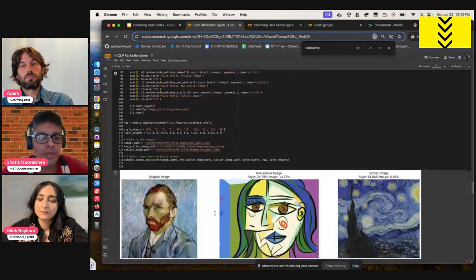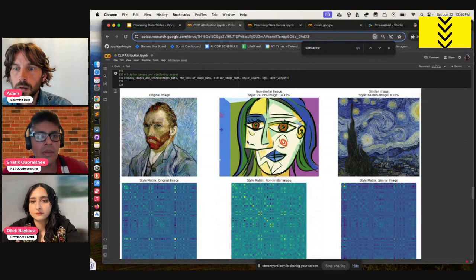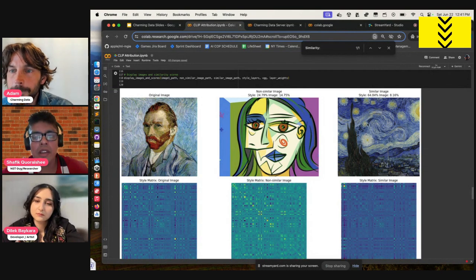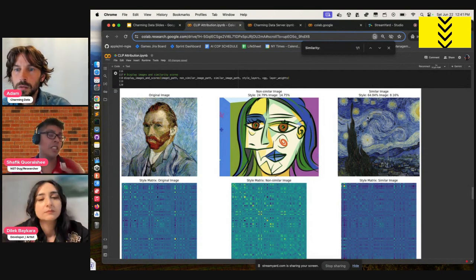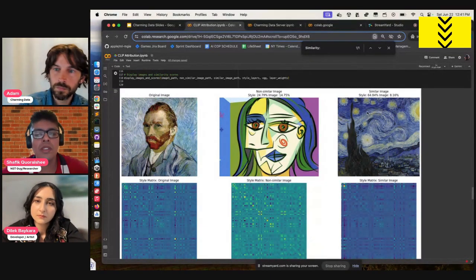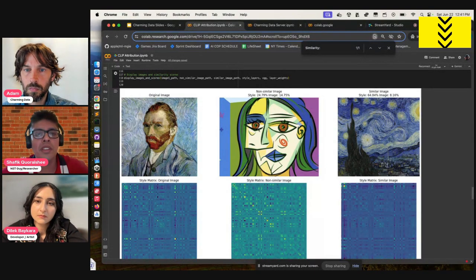And so here's an example. If I have the original image and an image that doesn't look anything like that image, and then a similar image, you can see that this original Van Gogh image has about 64% style similarity in this case, which doesn't look high. But again, the more I work on this, the more my recent scores are actually higher. I've achieved about 80-something percent in many cases with these two images. And the differentiation can be really good too. For example, these styles only look 24% related.